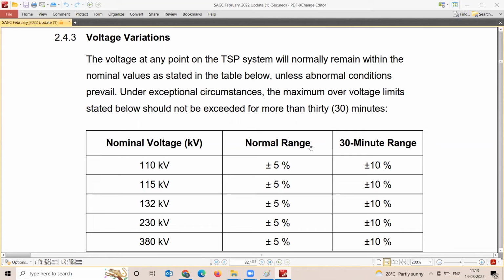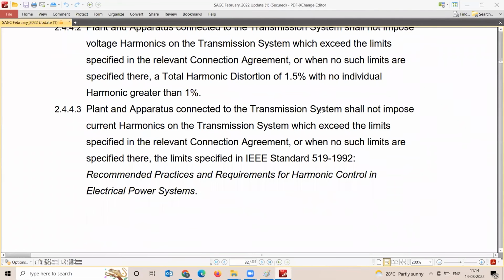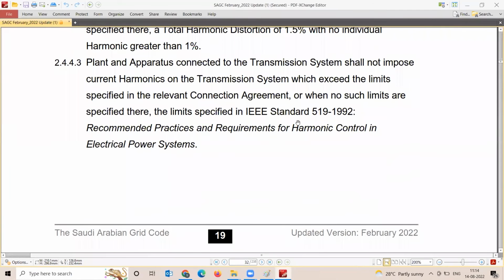Or when you're ramping up or ramping down from 0 to 100%, the impact on the voltage is dictated not only by your capacity, but also by the source impedance. That means it is also dictated by the short circuit level of the 220 kV substation you are connecting to. 220 kV, I'm just giving an example. That could be any number, depending upon your capacity. So you need to ensure that your ramp up and ramp down should not have an adverse impact on the grid voltage fluctuations, right? And the harmonic distortions, predominantly people will talk about,